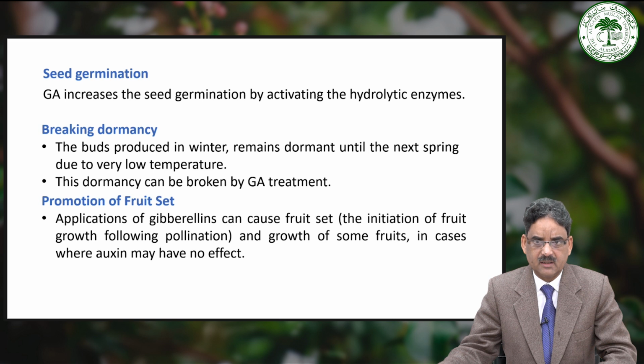GA treatment effectively triggers the initiation of growth processes within dormant buds. The application of GA serves as a signaling mechanism, overcoming the inhibitory effects of low temperature and stimulating the resumption